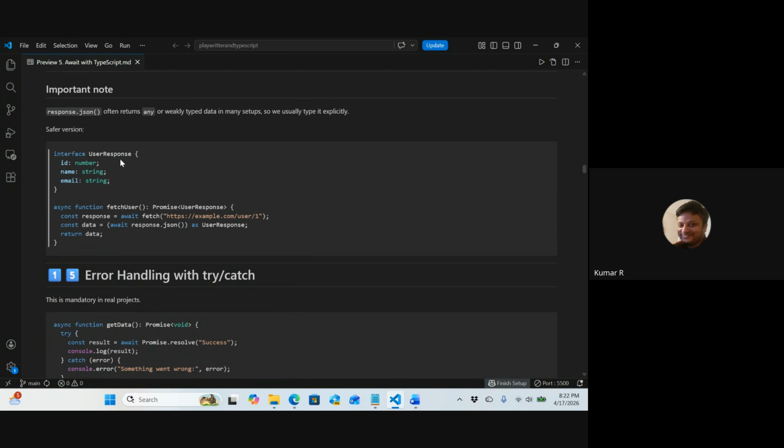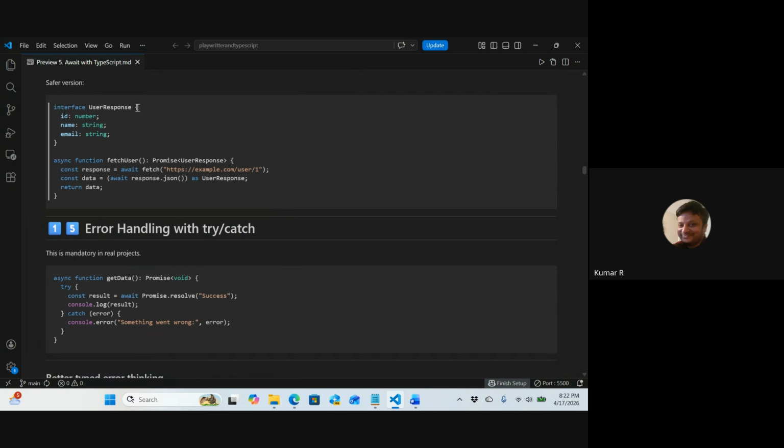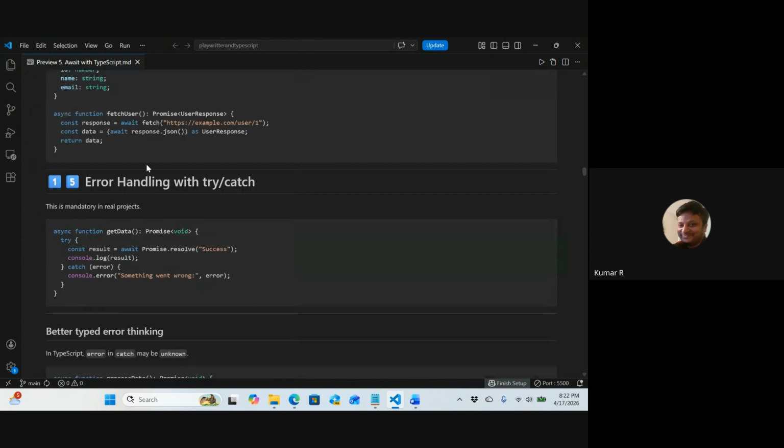Safer version: interface UserResponse { id: number; name: string; email: string }. async function fetchUser(): Promise<UserResponse> { const response = await fetch(link); const data = await response.json() as UserResponse; return data; }